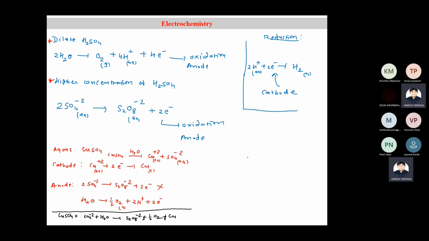Plus copper plus a very important product formed here: SO4 minus 2 combines with H plus to give H2SO4, and because of the formation of H2SO4, pH of the solution is